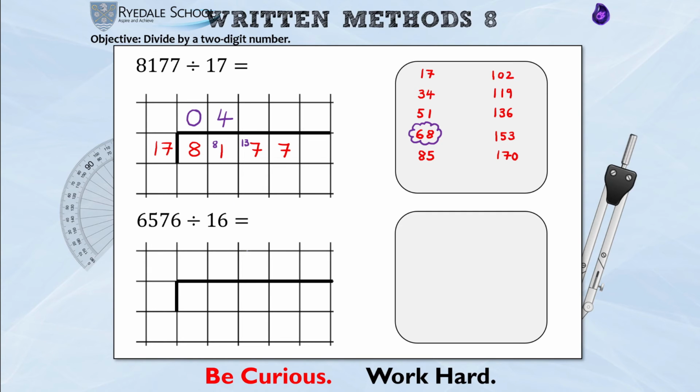How many 17s in 137? Well, I can get all the way to 136, which is 8 17s. That leaves me 1 left over, and 17 into 17 goes once. So the answer to that question is 481. For my final example, we have